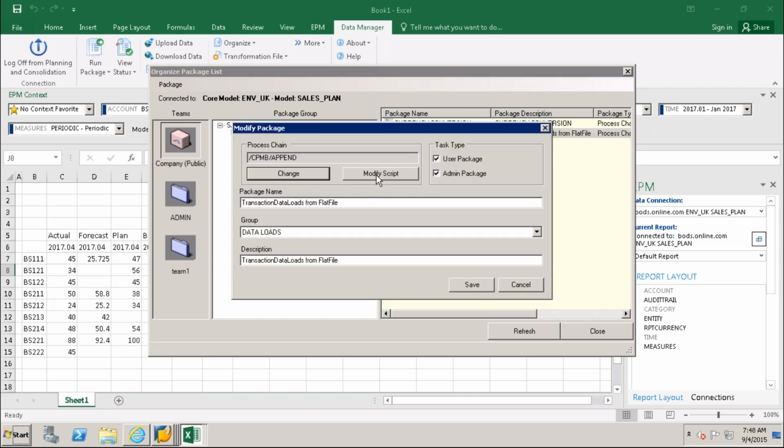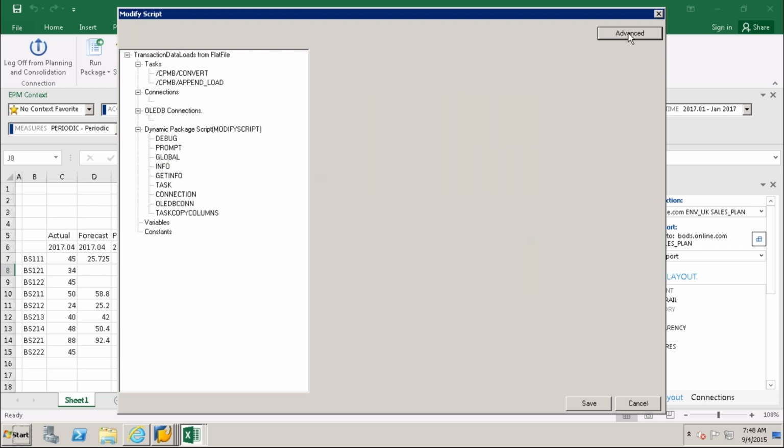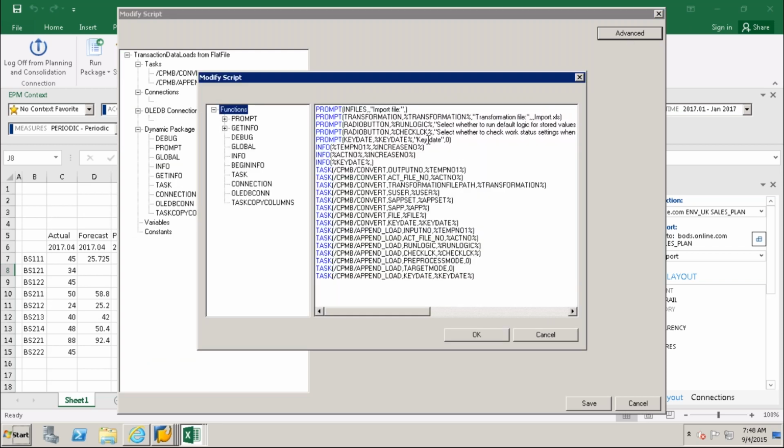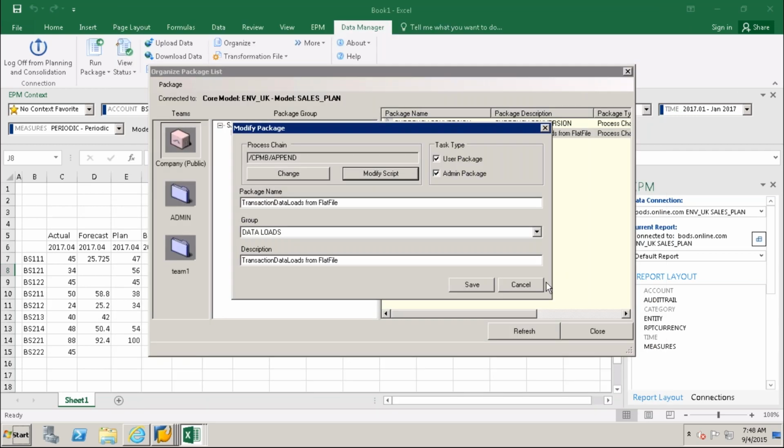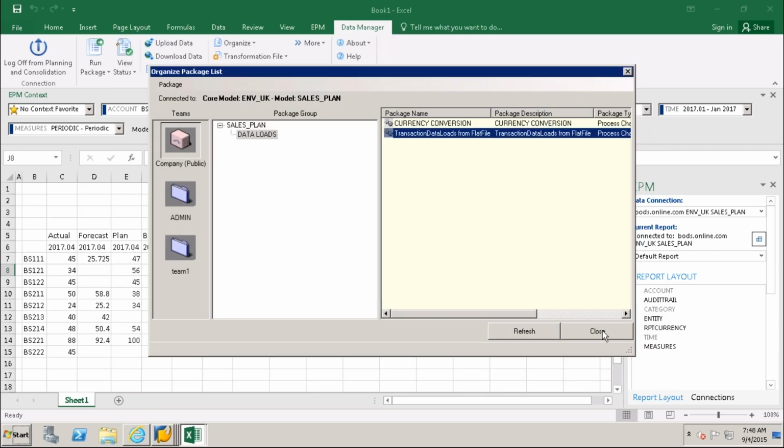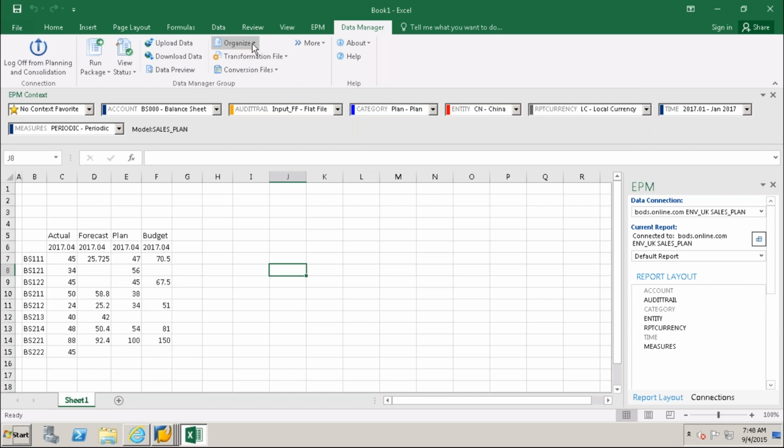Here you have the modify script. Click on that and go to advanced. You have the script here. Once again, I'm going to show you this in the organize.